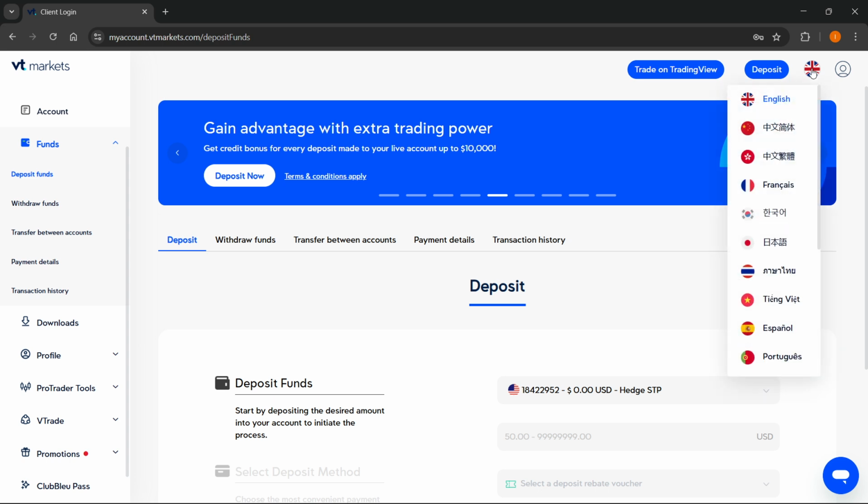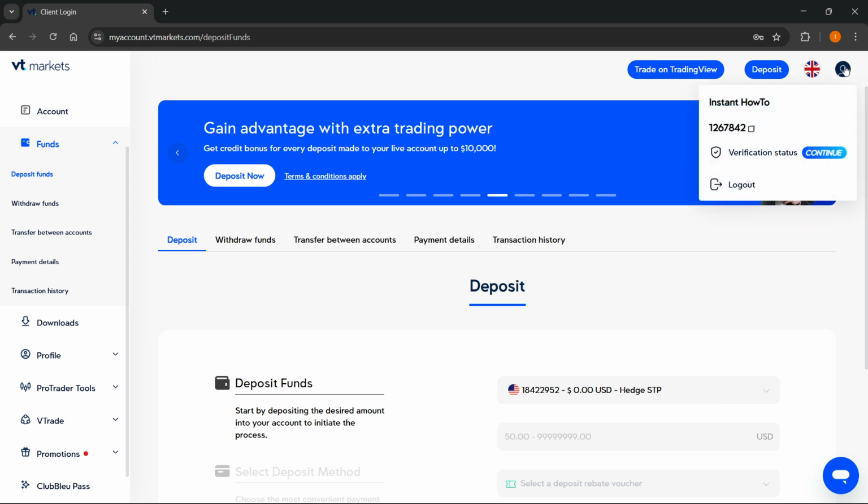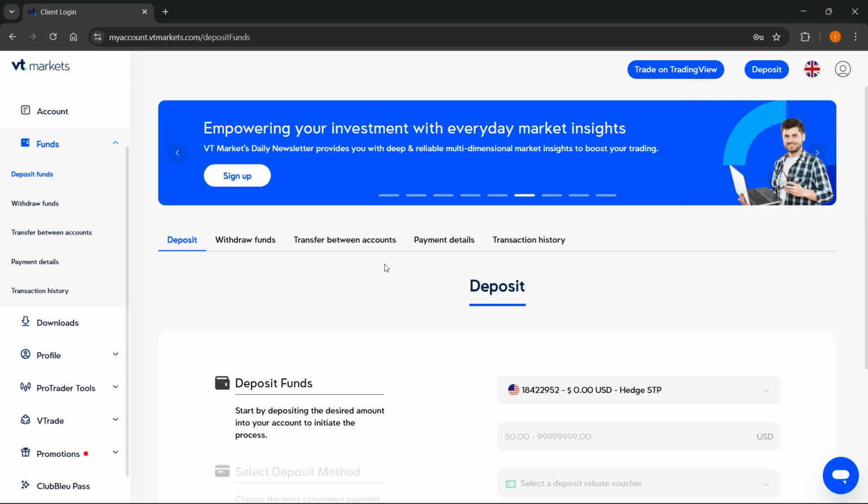You can also change your language up here top right, and on here you can see your profile number and then your verification status, and you can log out of your account in case you'd want to do this as well. So that's pretty